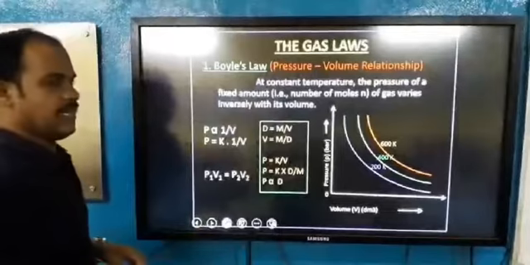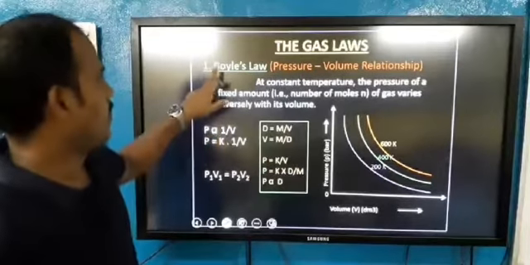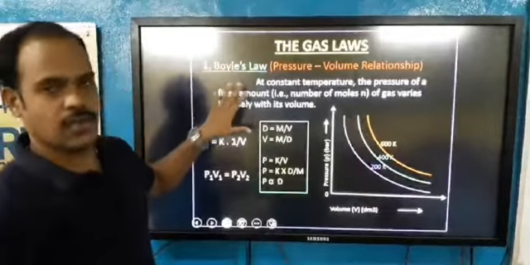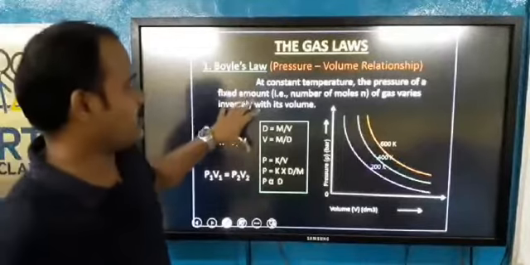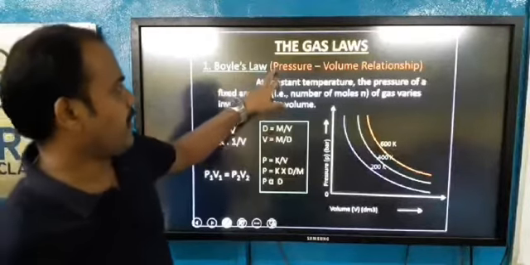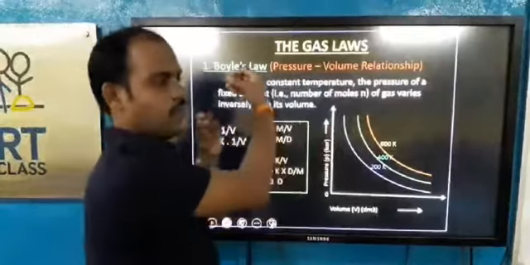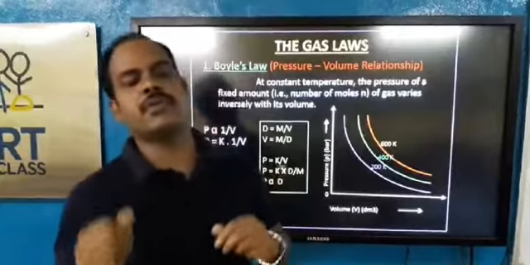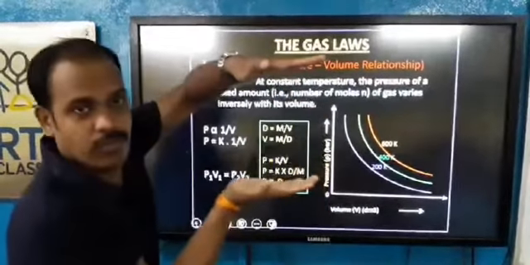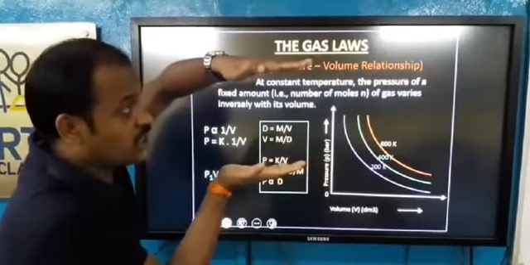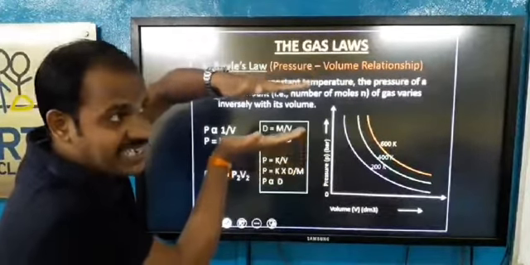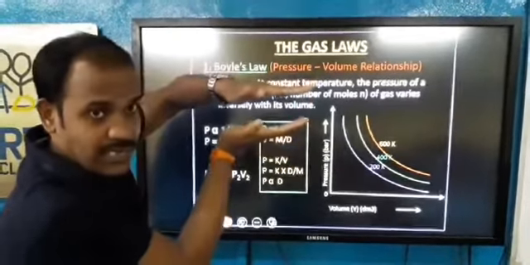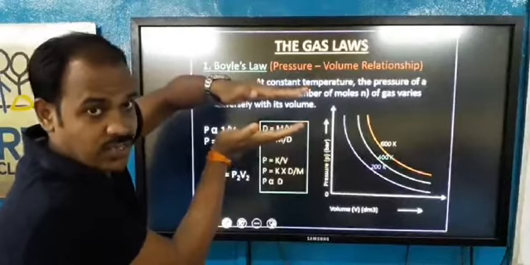The first law is Boyle's law. The name of the scientist was Robert Boyle. He produced this law. This law explains the relation between pressure and volume. So forget about rules, just a simple experiment. What's the relation between pressure and volume? Suppose this is a volume. If you compress, means if you increase pressure, the volume will decrease. So what's the relation? If you increase pressure, volume will decrease because the molecules will come closer to each other.